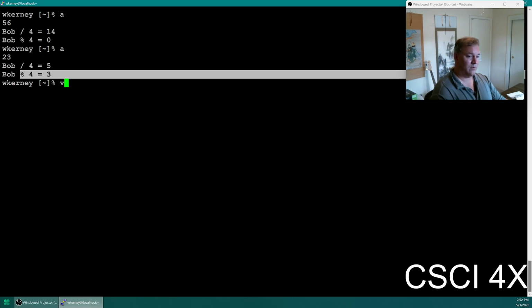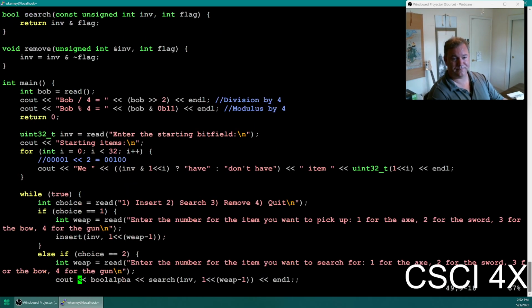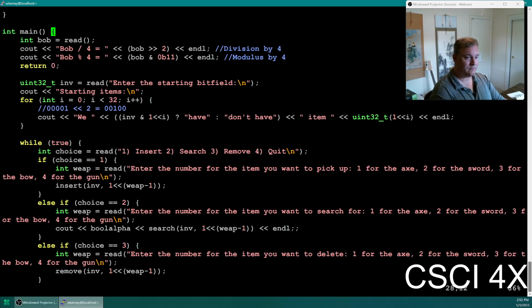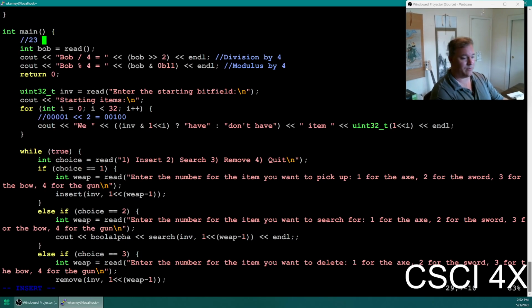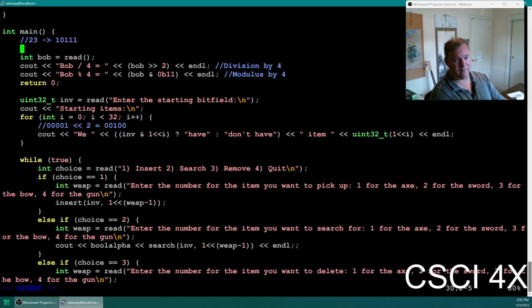So let me show you why this is. Okay. So if we have the number 23, the 16's bit is set, the 8's bit is not set, the 4's bit is set, the 2's bit is set, and the 1's bit is set. Okay? And so if we AND it with 00011, which is this, if we AND them together,